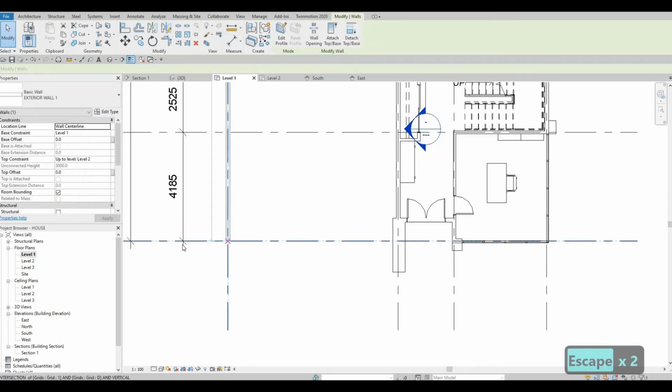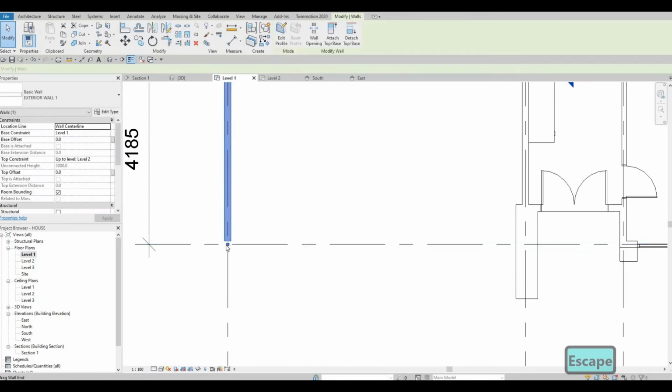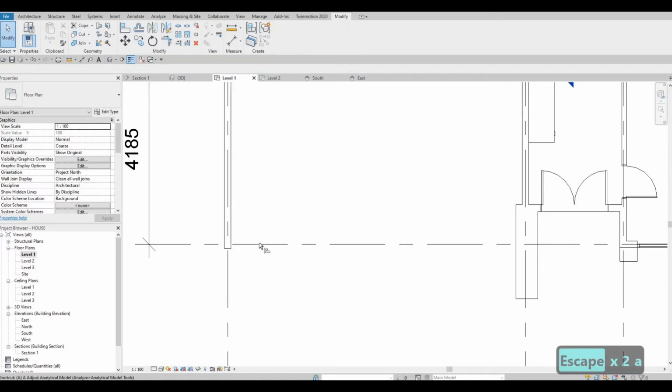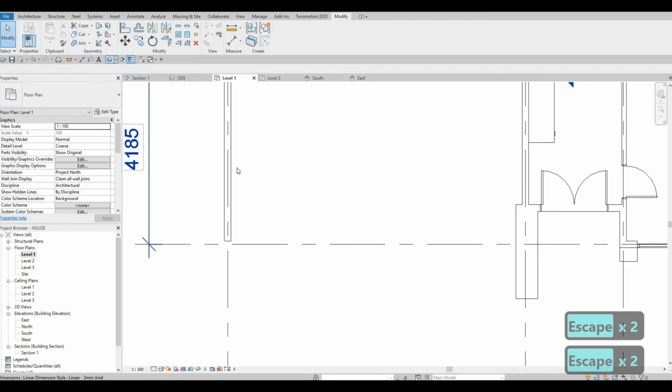So I'm just gonna pull this back just about right here. I'm just gonna use align, and so back, so that,